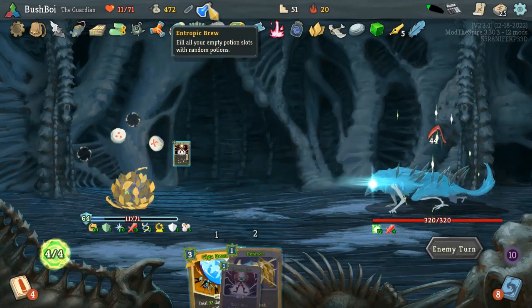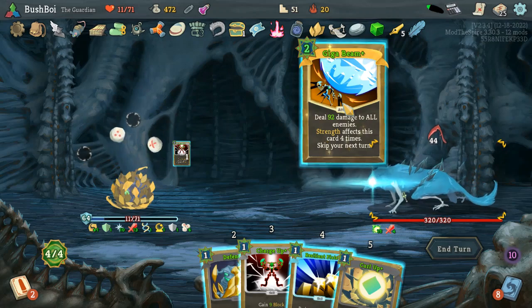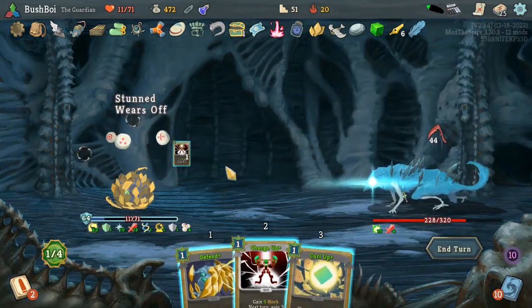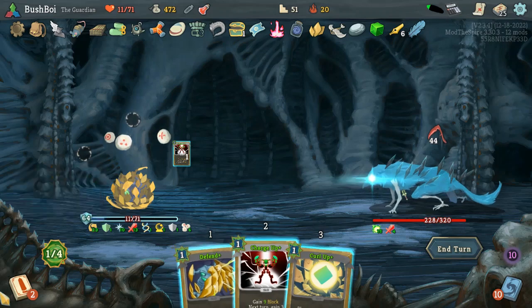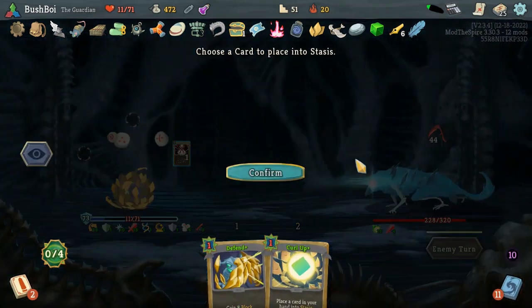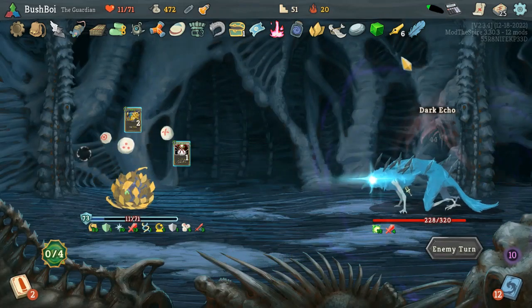We can wait until next act to use this, which is good because we have a big heal coming up. I can do Giga Beam Resilient Plate here. That's pretty damn good as well. Stunned wears off. Very nice. More Strength X turn makes sense. Okay. What do I want in Stasis? Probably the Curl Up? No, we want the Defend in. Because we have enough block for the next 2 turns, so...